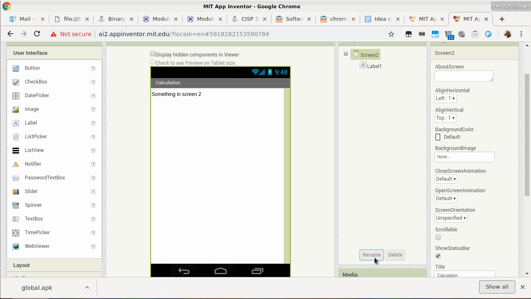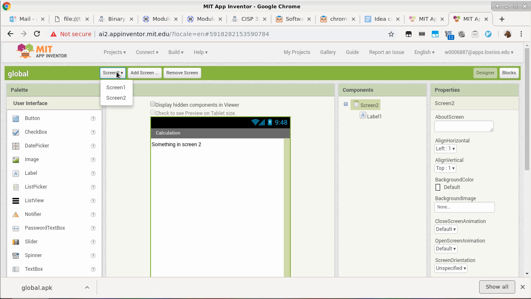That's annoying. Well, okay, I take it back. You have to download the AIA file, decompress it, read through all the XML files, and change all references to screen 2 to whatever name you want. If you want to investigate how to do it in that direction, I can show you how. Okay, so assuming that is the case, we cannot change the name screen 2. It is now fixed. Okay, fine, not a problem. So we go back to screen 1.